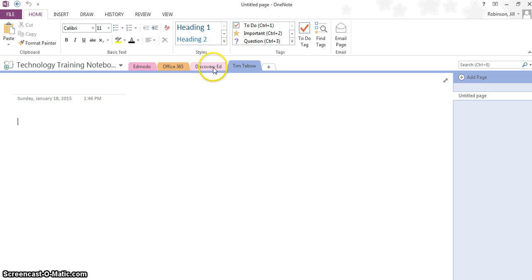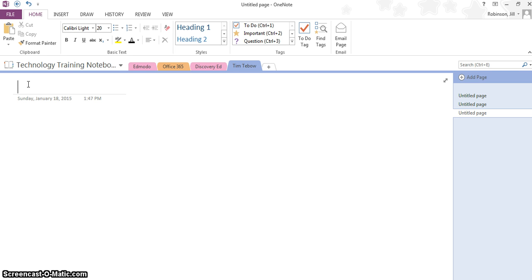in this notebook. So I have my sections, and all you have to do is click on each one to get to another section, and then again, if I want to add a specific page to my Discovery Ed, all I need to do is type it in on the line and hit enter, and it's there. So I have all my 4 sections, and I have some pages in a few of these sections, and I can create additional pages. I can create as many pages as I need in each section and add a title